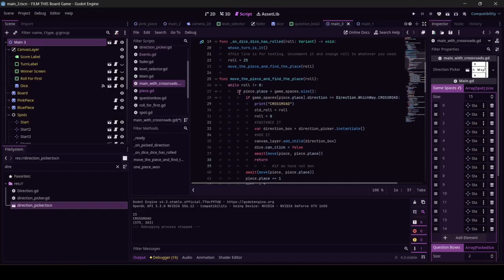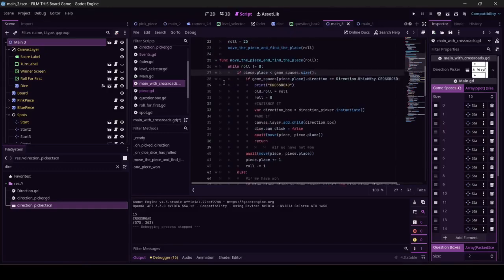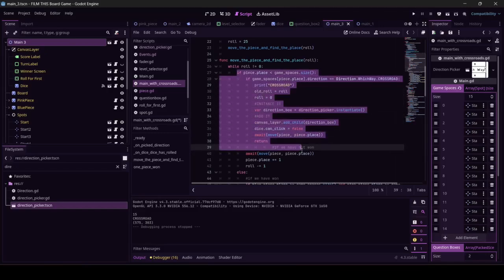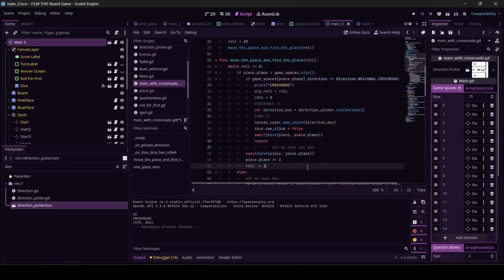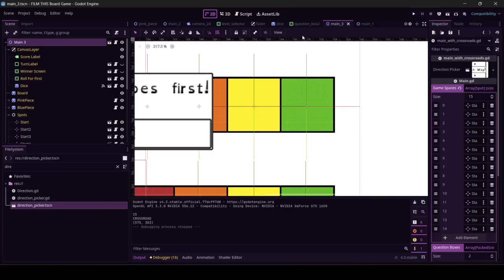So here's where it gets kind of tangly. While roll equals 0, if piece.place is less than game spaces.size. I cannot make 9 greater than 14. That's just not how math works. So this chunk is always, always, always going to run, even if the piece is here at its supposed end. Unless,